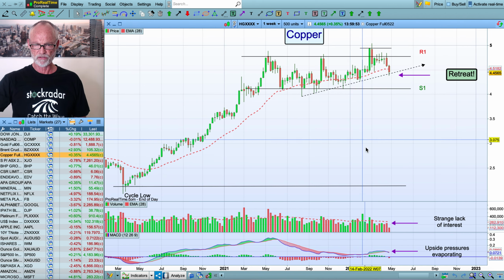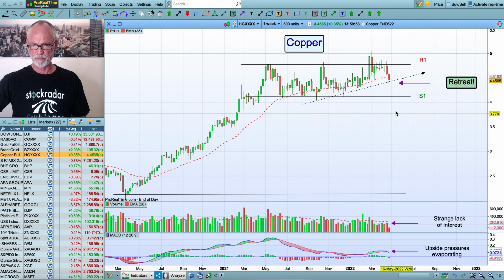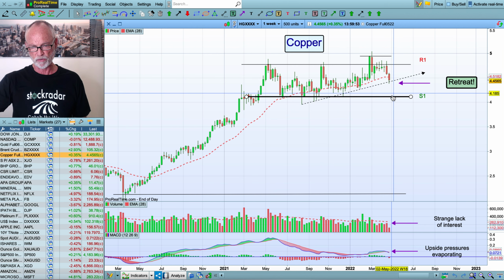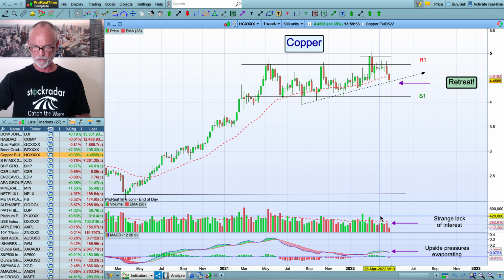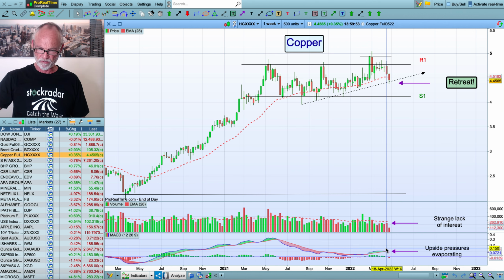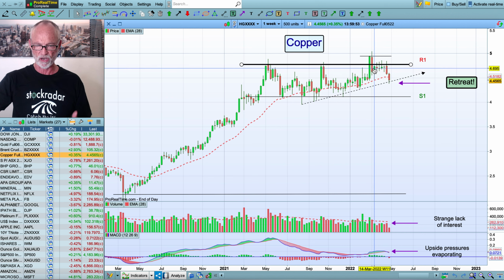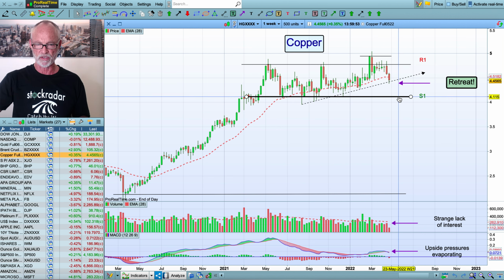So we can just see this is retreating off these highs here again, a bit like gold. We're now getting a bit of a test of support down here. So we're in retreat, we're looking towards S1. Volume hasn't been huge, and momentum is above the zero level. It's a mixed message situation again. The failure to break is not a good sign, and would suggest to me S1 is likely to be challenged